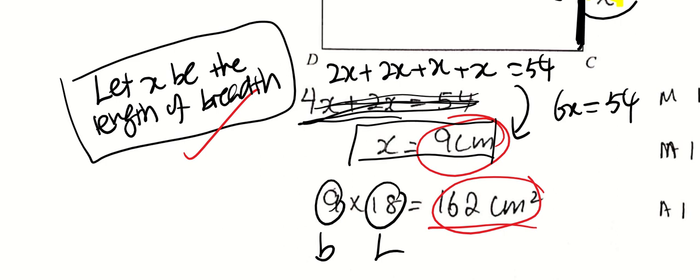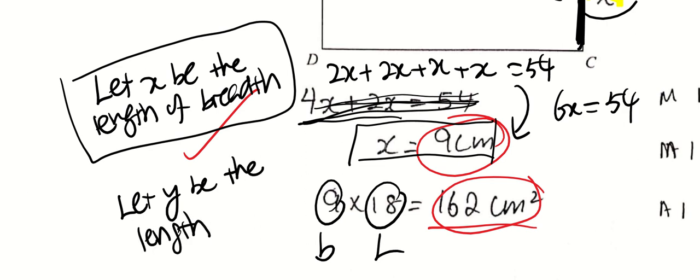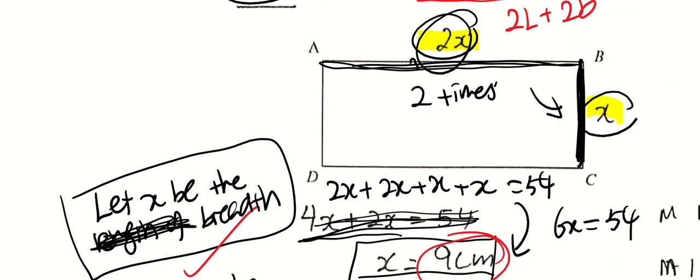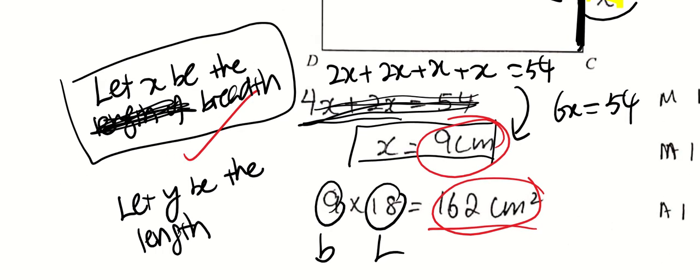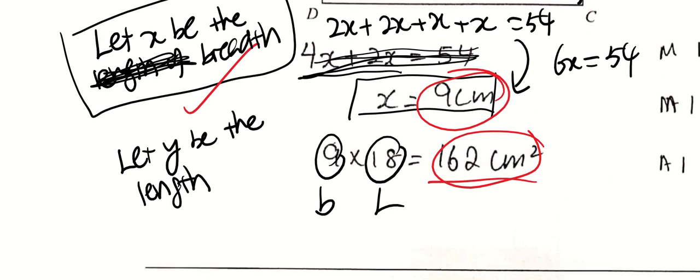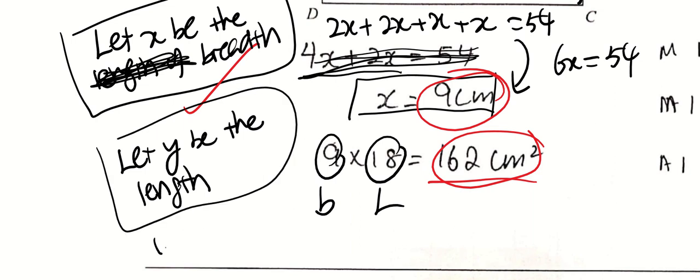I think it was a girl. Okay, she also wrote let y be the length. The length of the breadth is, sounds weird because length is used for the longer side, right? The word length. Okay, so let x be the breadth and let y be the length of the rectangle. Yeah. So yeah, the student went ahead and wrote that y equals to 2x. Okay, which is fine, which is totally fine, no problem.